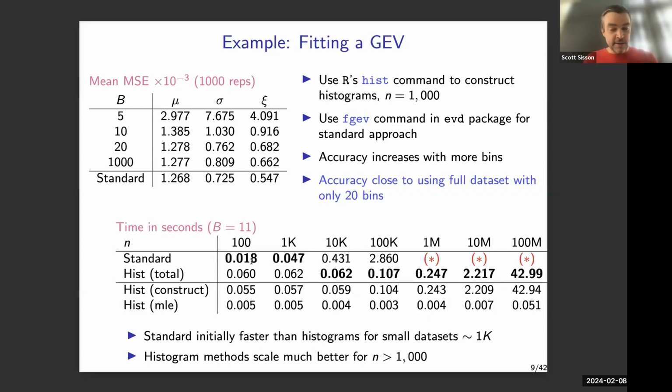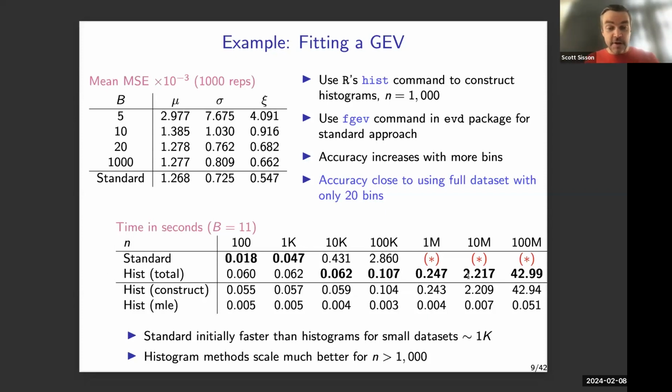As you can see, when the data sets are small, it's very, very quick to optimize the likelihood. But as the data set size increases, the time increases. And in fact, as I get to 1 million observations, this function crashes. But if I hacked this and rewrote it myself so that it didn't crash, you'd imagine this is going up exponentially. Whereas if we look at the time to maximize the histogram likelihood, you can see that once we're beyond a certain data set size, we're much faster in the time it takes to maximize the likelihood.